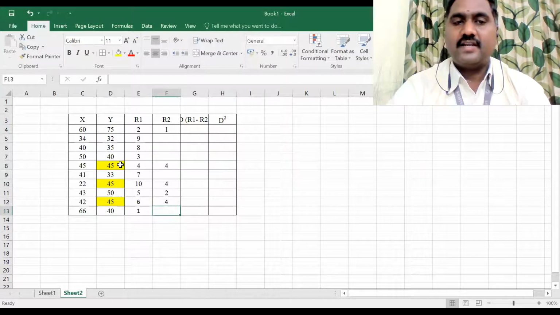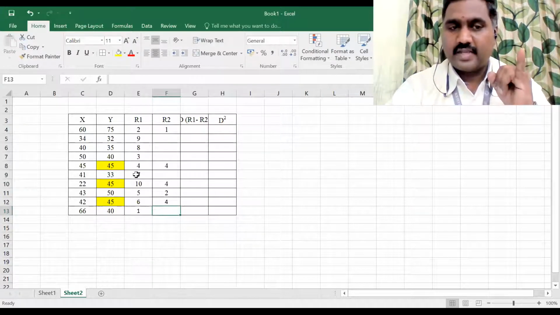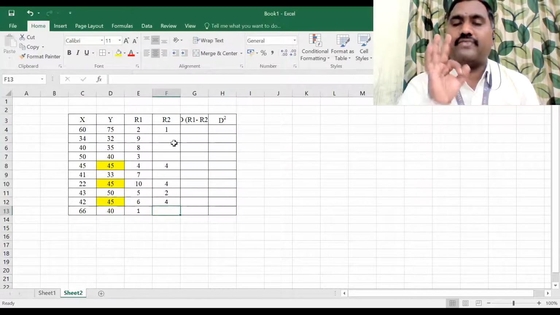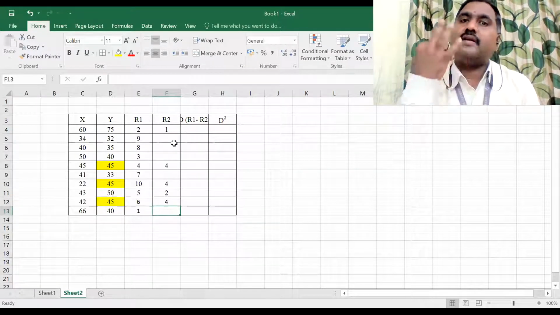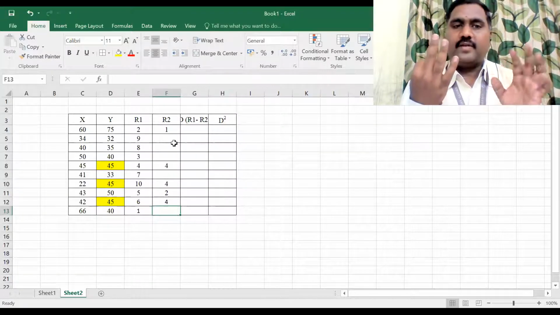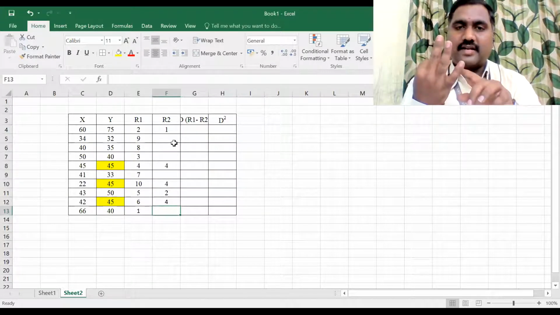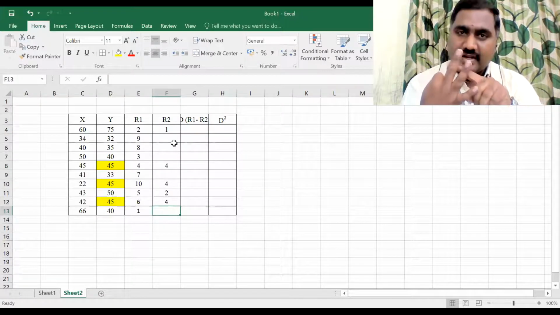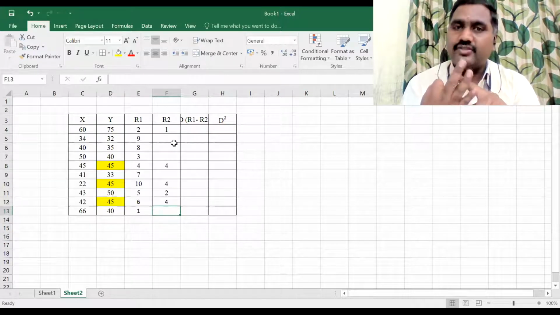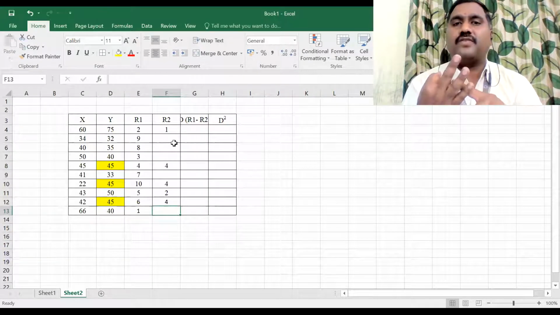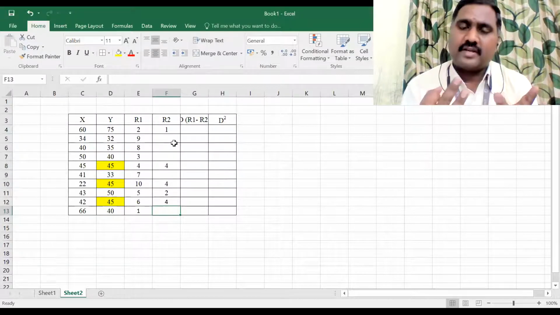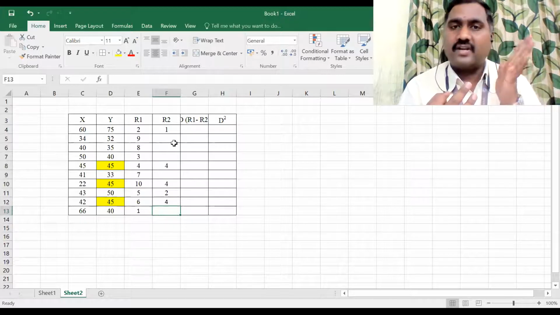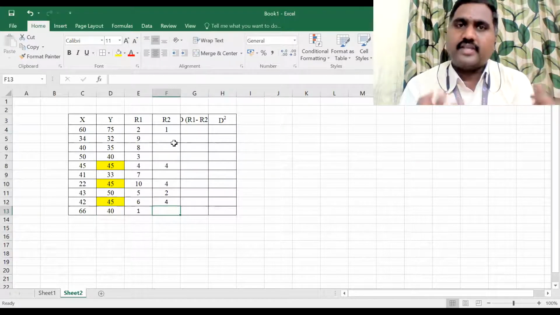Guys, please understand. See, the first rank is 75. The second value is 50. And the third value is 45, which is repeated 3 times. So after the second rank, third rank is 45, and again fourth rank is also 45, and the fifth rank is also 45. So we cannot assume which 45 is third and which 45 is fourth rank, because the numbers are repeated, the same. You cannot say that this 45 only is the third rank, this 45 only is the fifth rank. We cannot give it like that because all three numbers are equal.